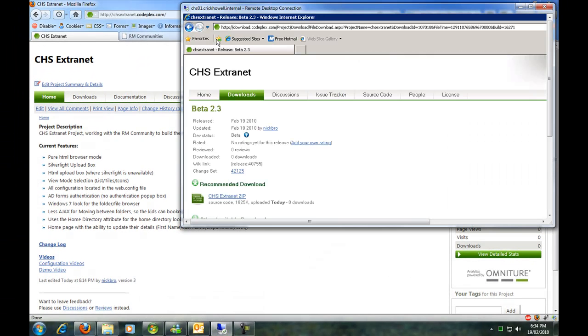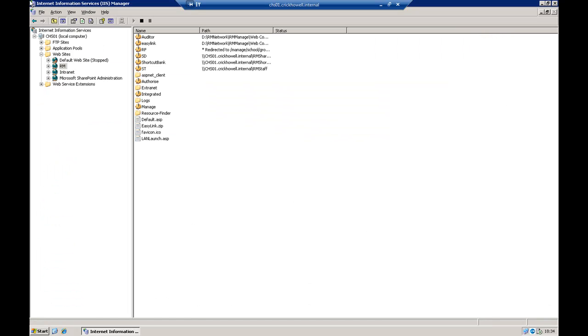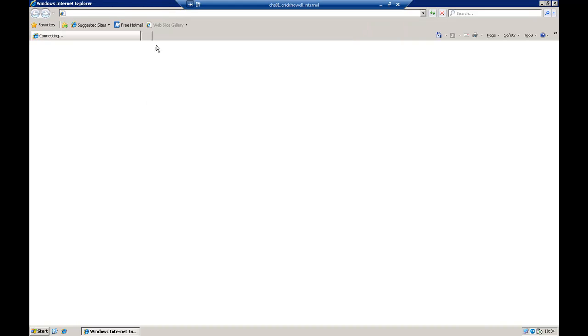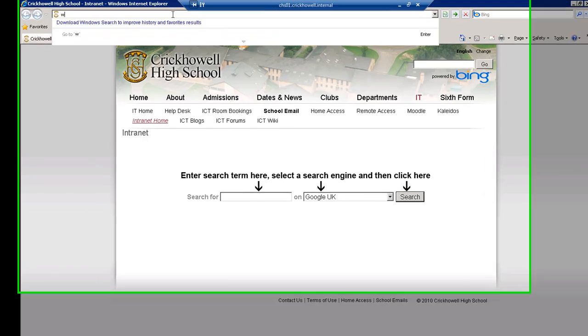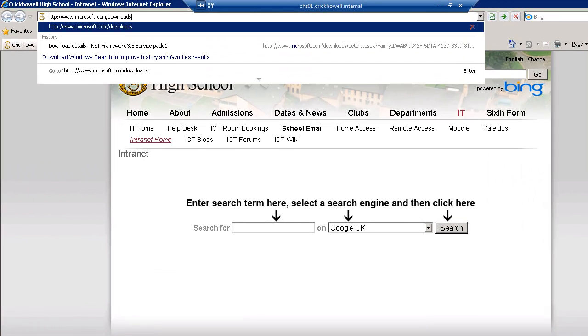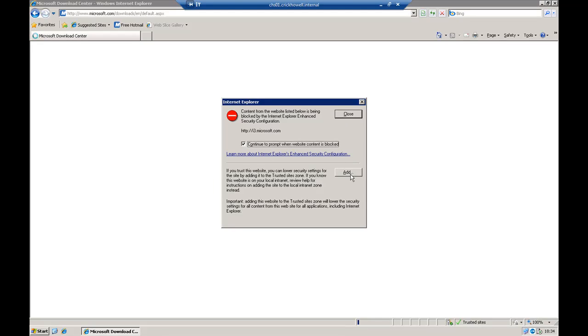Right. So first of all, you'll need to remote desktop into your server and load up Internet Explorer. In Internet Explorer, you'll need to go to microsoft.com/downloads. In Microsoft Download,